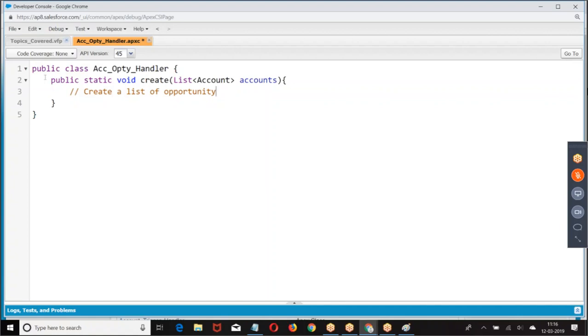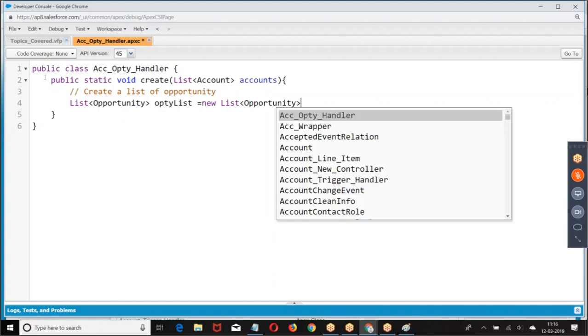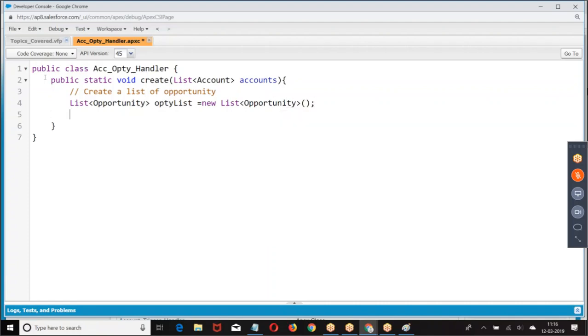So how many opportunities will come? If there are 10 accounts, 10 opportunities. 20 accounts, 20 opportunities. 1 account, 1 opportunity. Because I am not sure how many opportunities we are going to get, there is a reason I am going with a list of opportunity.